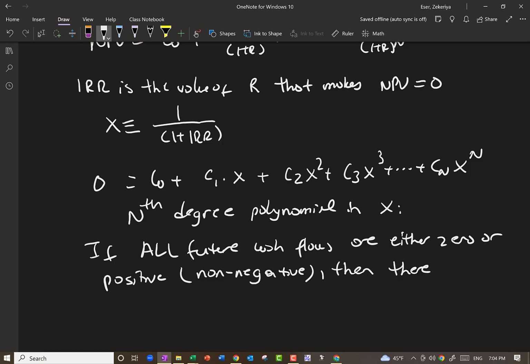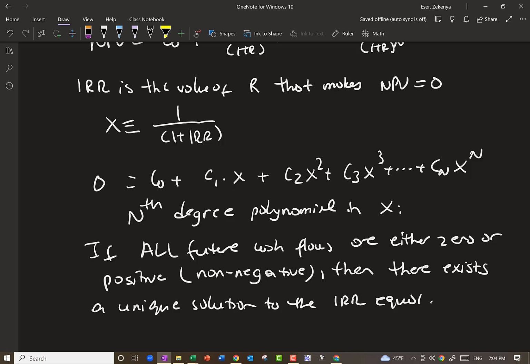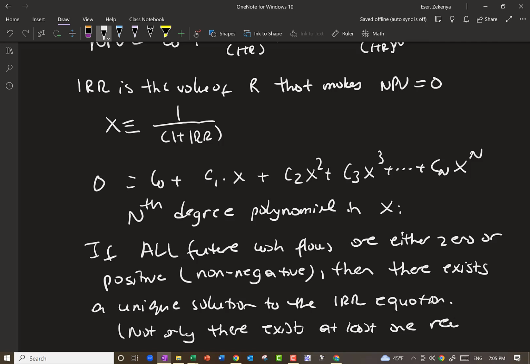Then there exists a unique solution to the IRR equation. I mean, not only there exists at least one real valued solution,